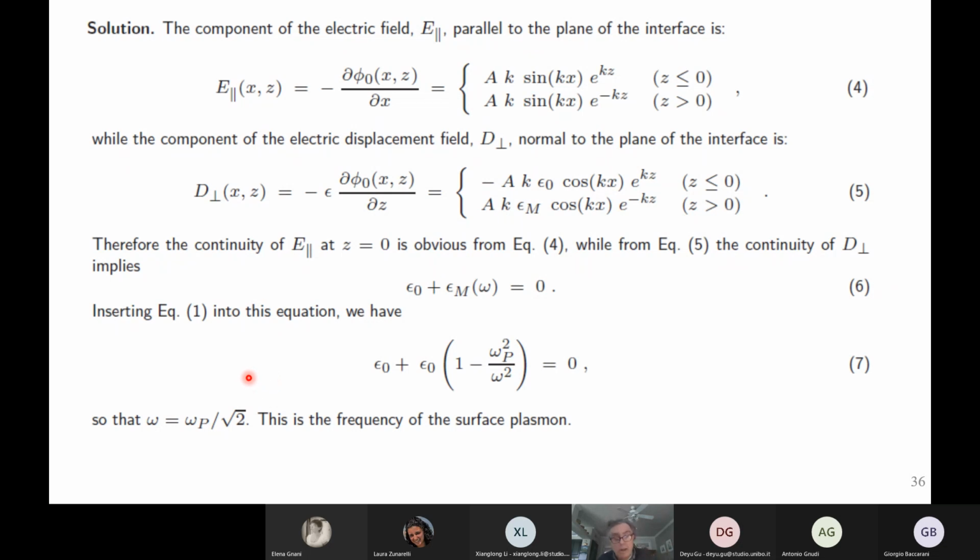any bulk electron gas but chopped off by the presence of a surface with vacuum, is equal to the plasma frequency divided by the square root of 2, which is essentially the relative dielectric function of the vacuum plus epsilon infinity of the metal, of